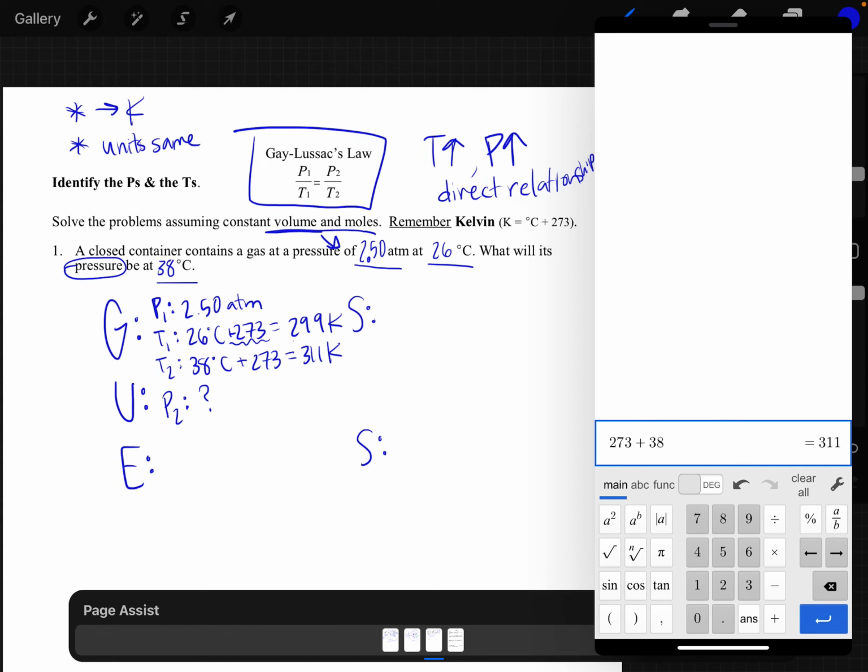So I see that I have two P's and two T's. That means I'm going to be using Gay-Lussac's law. So I'm going to say P1 divided by T1 equals P2 divided by T2. And now I can go ahead and substitute. I'm going to put whatever I had for P1 right here, divided by my T1, which was 299 Kelvin, is equal to my P2 divided by my T2, which was 311